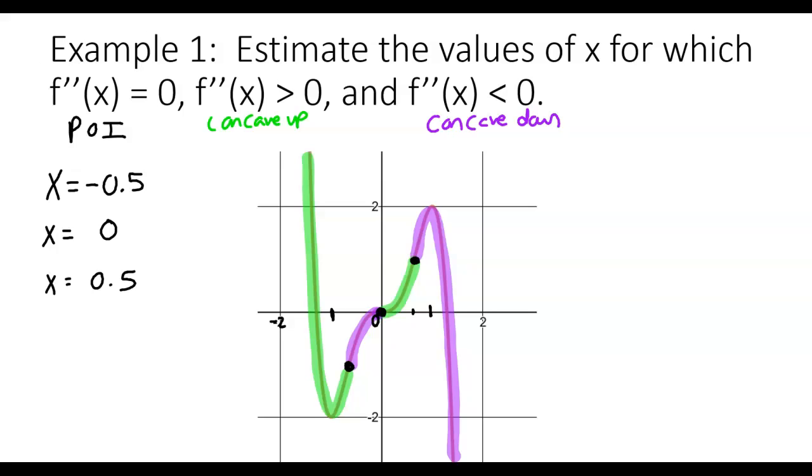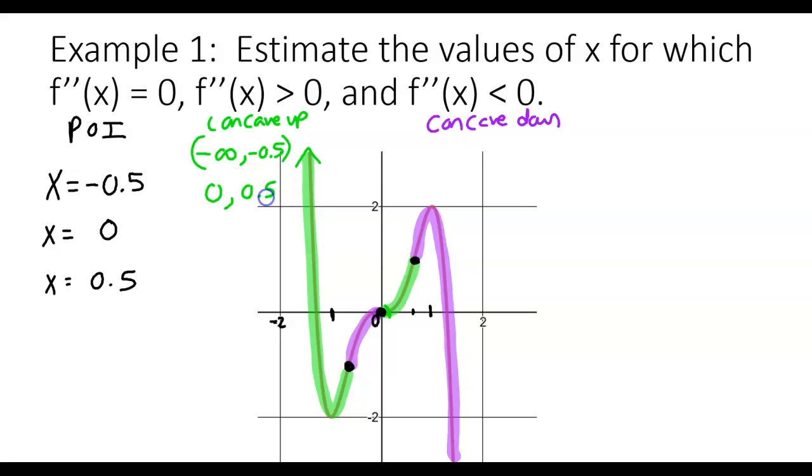So where is the graph concave up then? Now, that's not a point. That's a collection of points. That's an interval. So the entire green region there is concave up. So we can assume that it just keeps going on here forever. So from the left, which is -infinity, up to that first point of inflection, which is -0.5, it's concave up. And it's also concave up starting here at 0 until we get to the last point